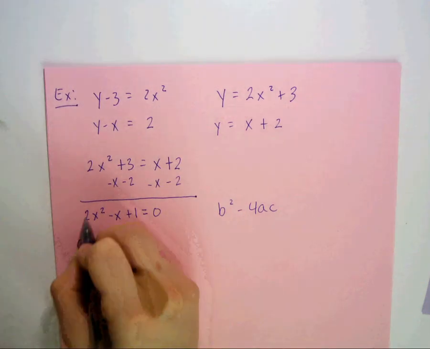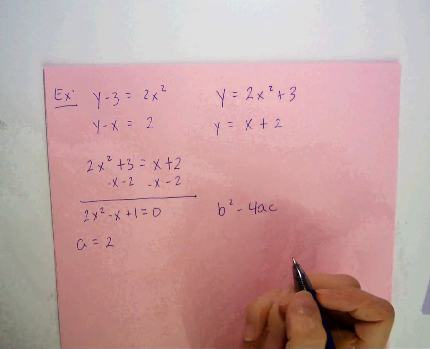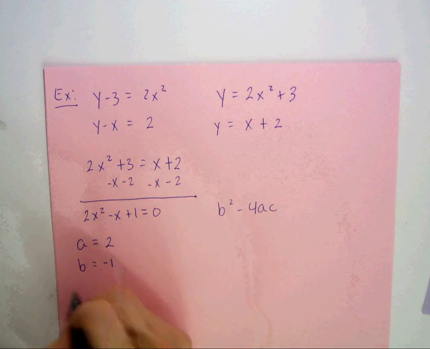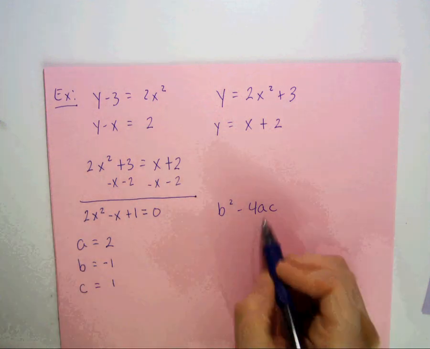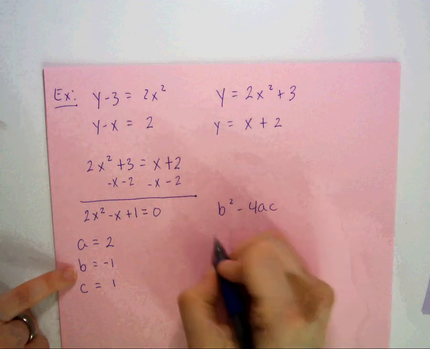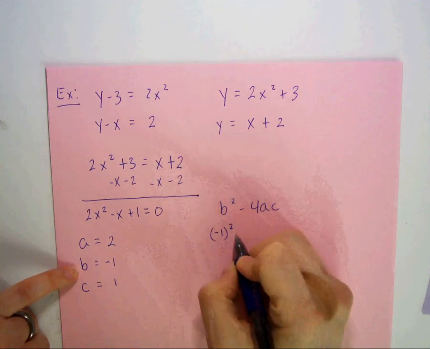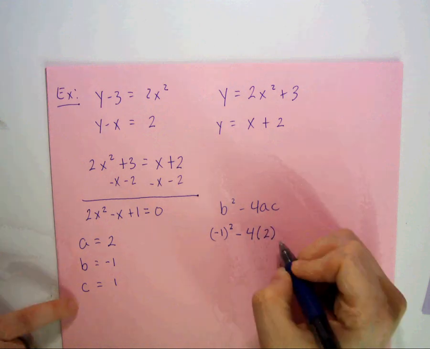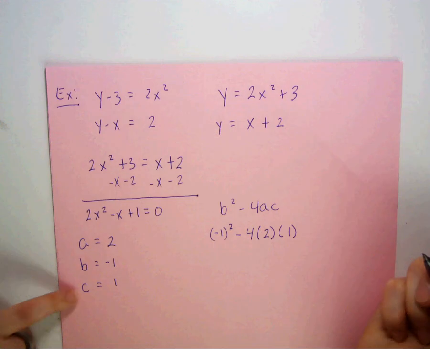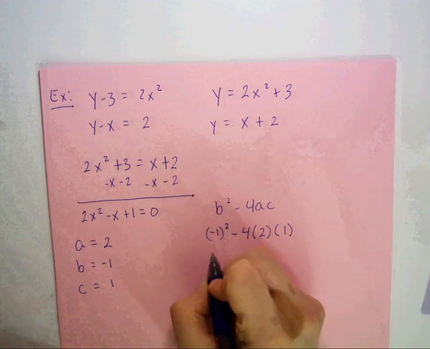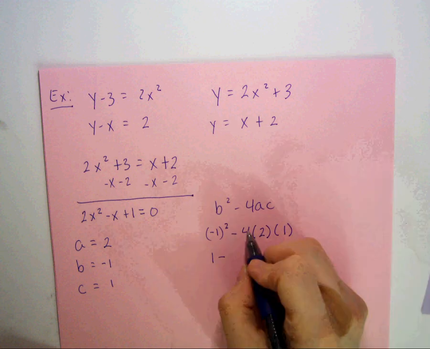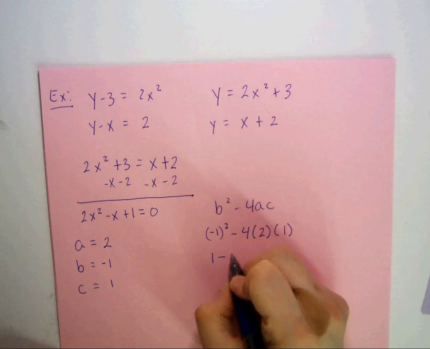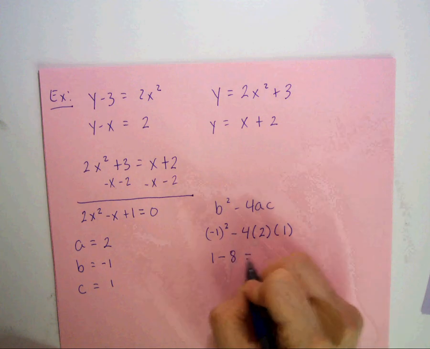So a in this case is 2. Remember, the number in front of x squared. b is negative 1, and c is positive 1. So we're going to plug it into our discriminant. b, so negative 1 squared minus 4 times a, which is 2, times c, which is 1. So negative 1 squared gives me a positive 1, minus 4 times 2 is 8, 8 times 1 is 8. So 1 minus 8 gives me